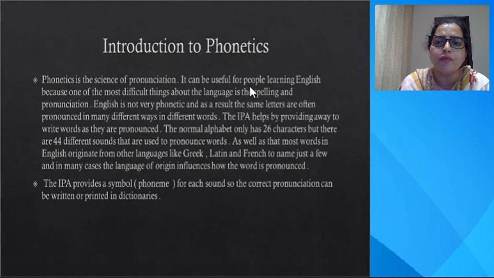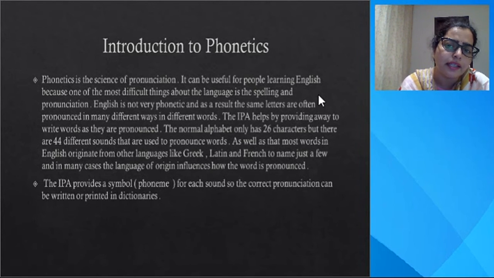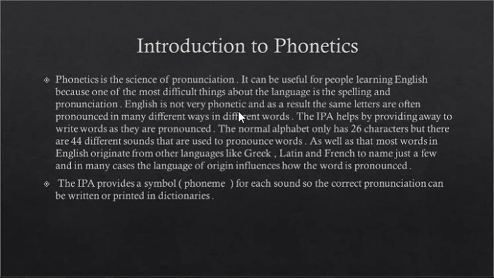It can be useful for people learning the English language because one of the most difficult things about the language is the spelling and pronunciation. In Hindi, you have similar sounds: you speak the same as you write. If you write ka, you have a similar pronunciation, ka. But in the English language, the same letters, the same spellings, have different pronunciations. So in this video, we will try to learn